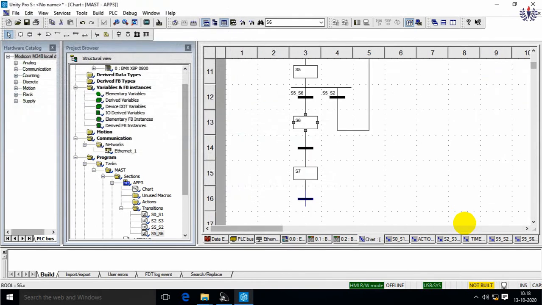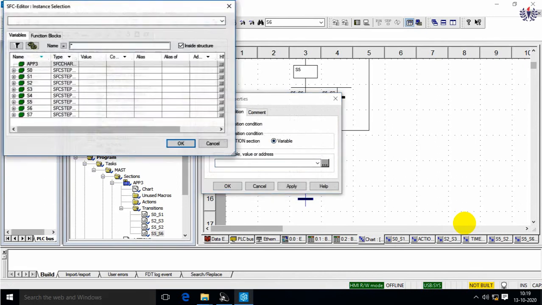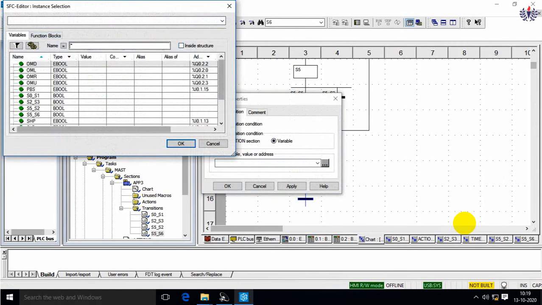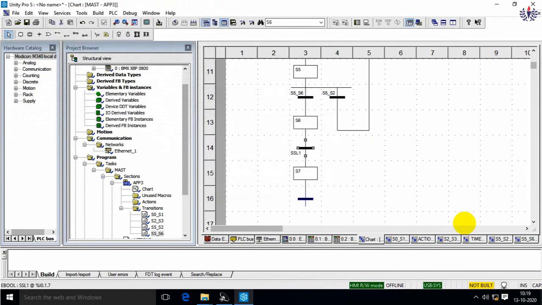Here you can see, cross-check it. So S6.x, it is moving left. Up to which position does it have to move left? Up to slot 1. So I will go for variable, I will click for it, and choose slot 1. Once it reaches slot 1, there is no further action.